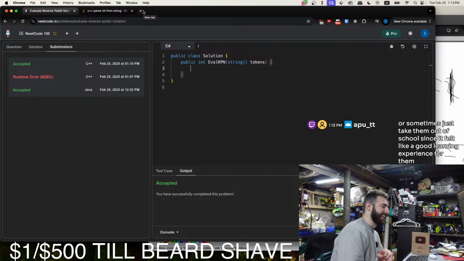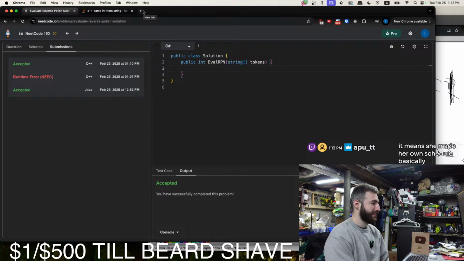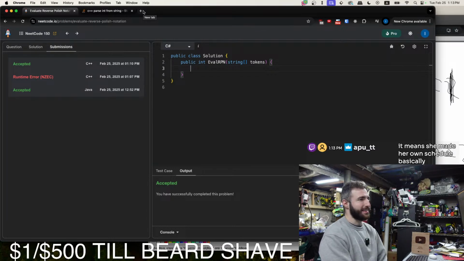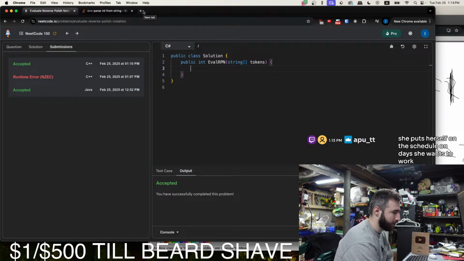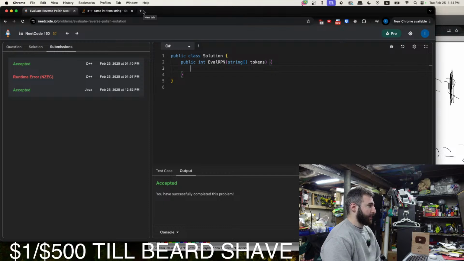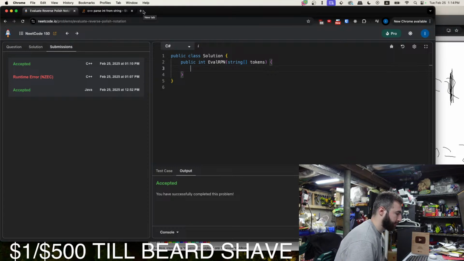Yes, I'm sure those kids learn a lot more from traveling to those countries than sitting in a classroom. It means she made her own schedule. Basically, she puts herself on the schedule on days she wants to work. Oh, that's cool. A nurse per diem, so you get to make your own schedule. I wonder if that's the same way flight attendants get their work done.